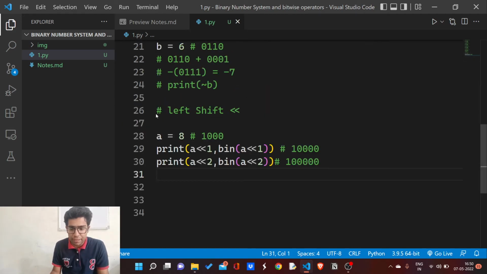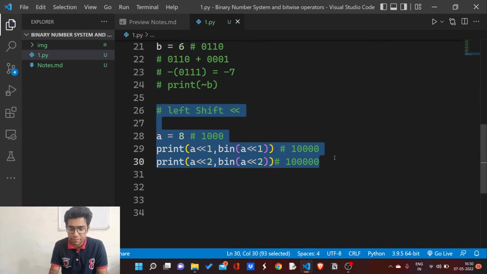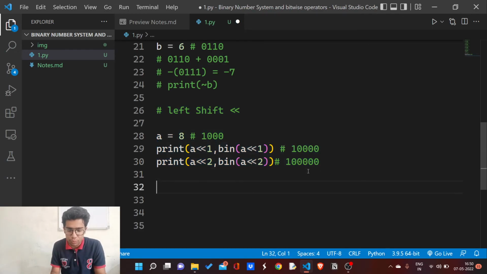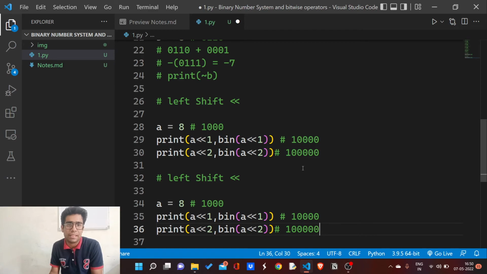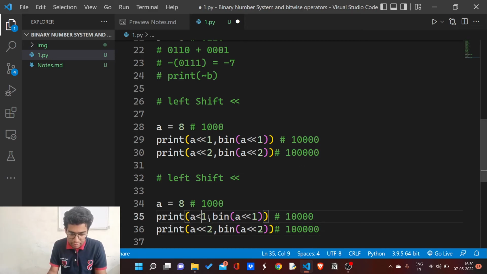now we have the right shift operator. The right shift operator works opposite to the left shift operator. It shifts the bits toward the right and fills the vacant left places with zero. Like this is the left shift operator, and for the right shift operator, the symbol is this. Now this will shift oppositely. Now this zero will shift here, and this zero will take the place of it, and this zero will take the place of this zero, and one takes the place of this zero, and this last zero will vanish. This will result like this, 1 0 0 1.